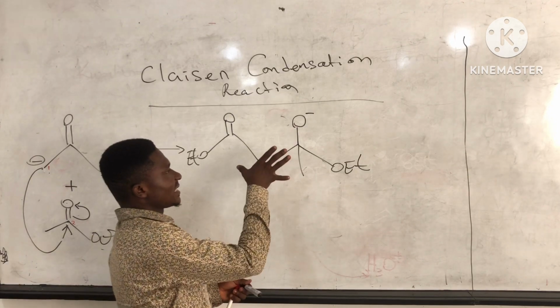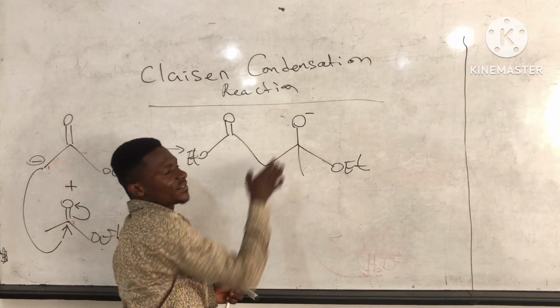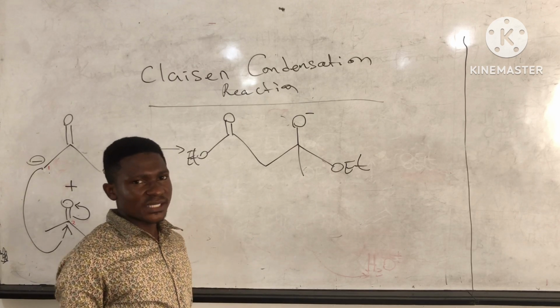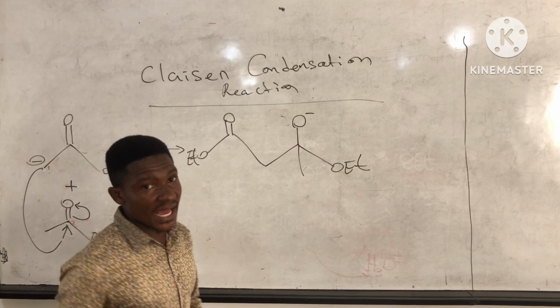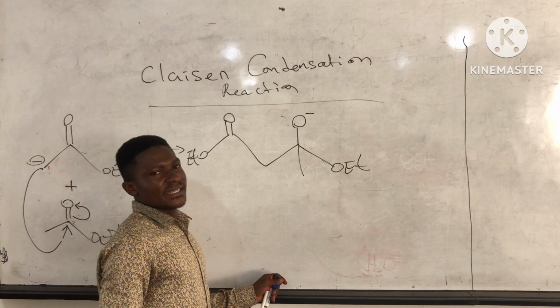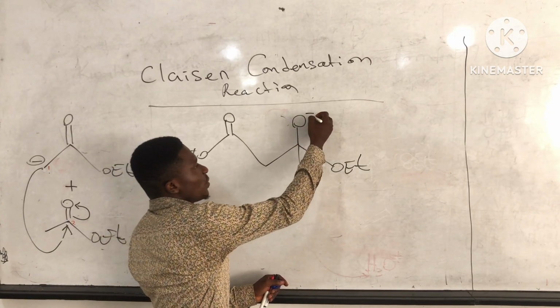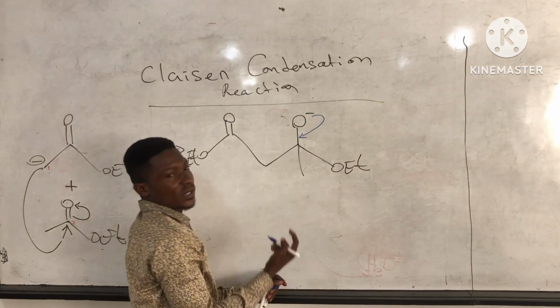It is highly unstable. Why? Because there is a negative charge in it. Okay. So we need to bring it back. We need to stabilize it. Right? How do we stabilize it? The stabilization is done by bringing the negative charge back into the system. Okay. So the negative charge on the oxygen, we bring it back into the system to establish a double bond